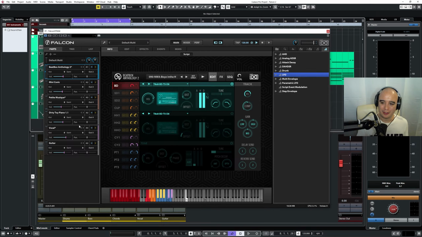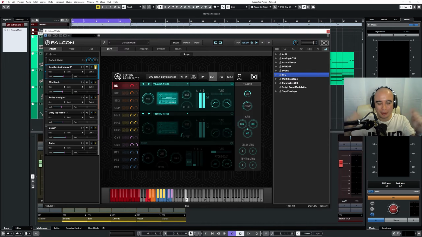So these are the list of instruments, I guess, that I've got going on within Falcon. So let's solo the drums. Like I say, everything that I've used here is pretty much the preset as it was out of the box. Might have tweaked a few things, but you get the idea of how good these things sound. So if I just solo the drums,